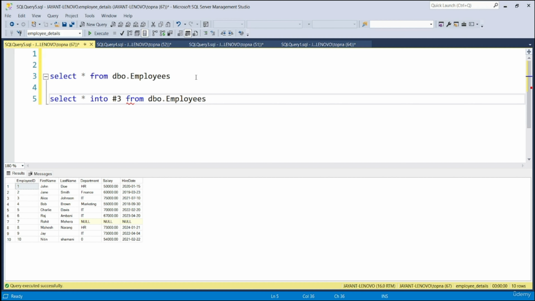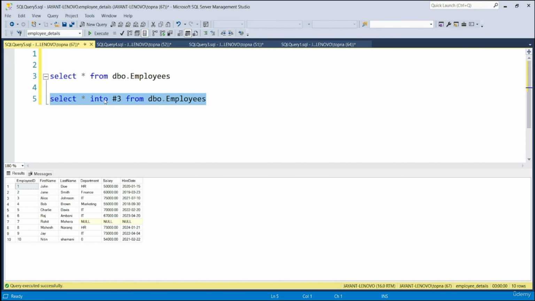This statement will basically create a replica of the dbo employees table, and the name of that replica will be hash3. hash3 doesn't exist when we are writing this statement in line number 5.